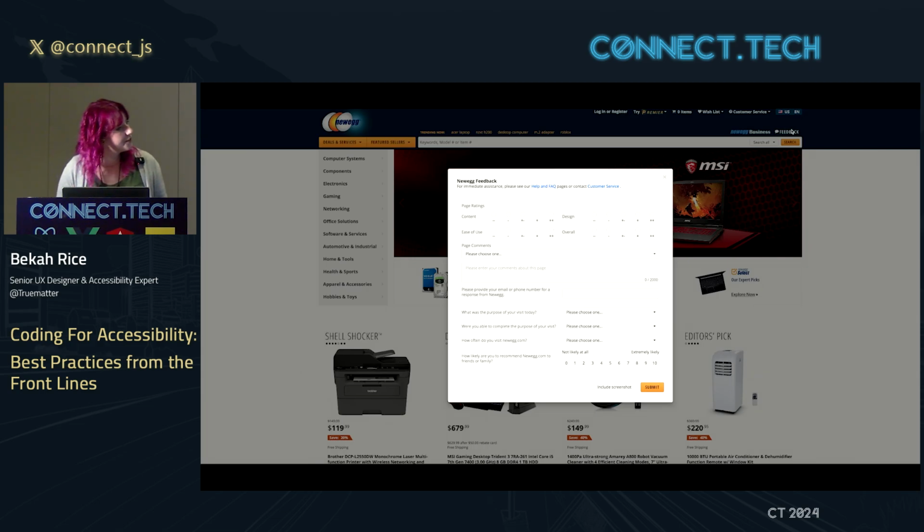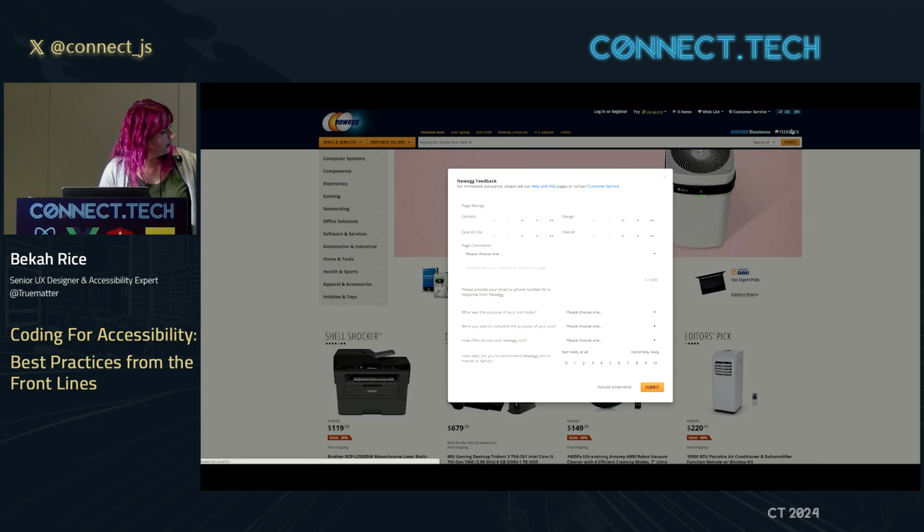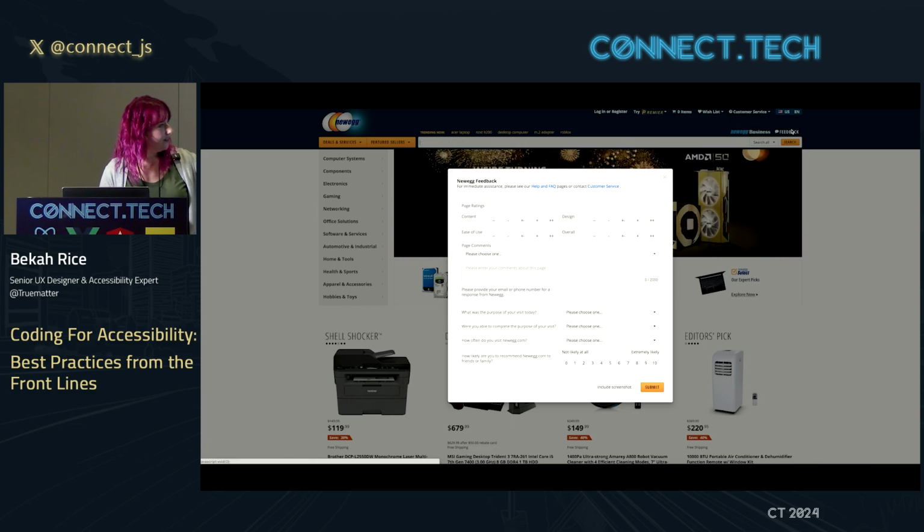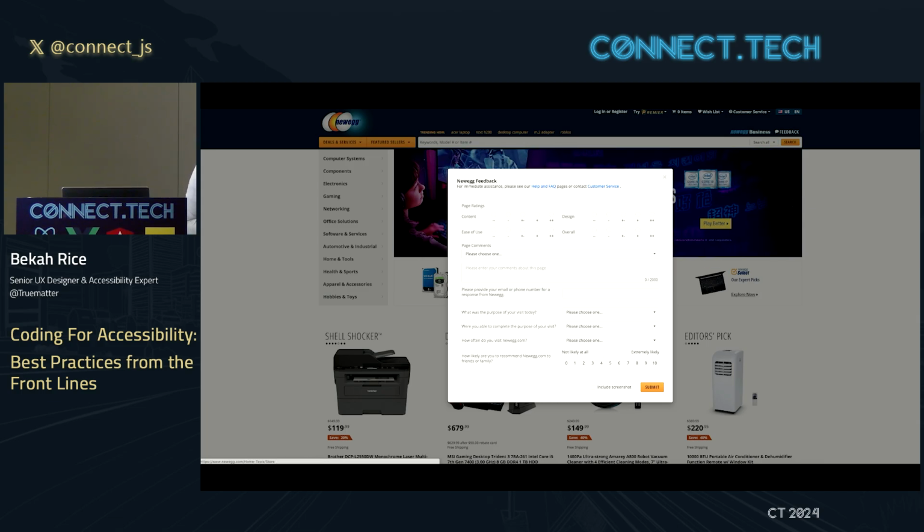So if you can see, I'm about to start playing this. This one doesn't have sound. But if you watch down here at the bottom, you can see I'm tabbing around and I'm actually encountering things, but I can't see it happening on the screen. And I'm not encountering any of the things that are in that modal.